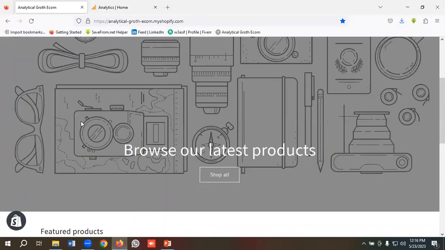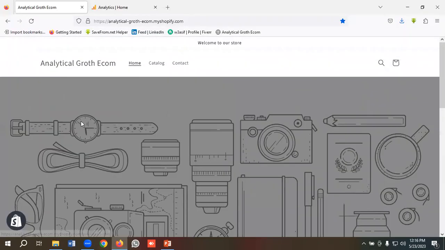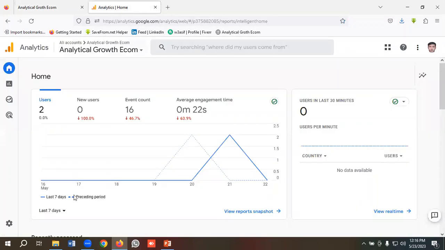So I have created a demo Shopify account so that I can show you how to install GA4 on Shopify manually. And I have also created a GA4 account with the name of Analytical Growth Ecom. Okay, so first of all, we need to get the tagging or tracking code. Okay, so for getting the tracking code, I need to click on admin section,